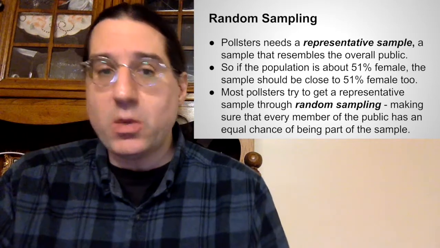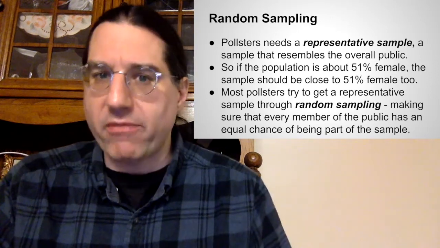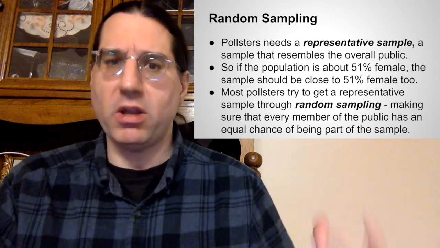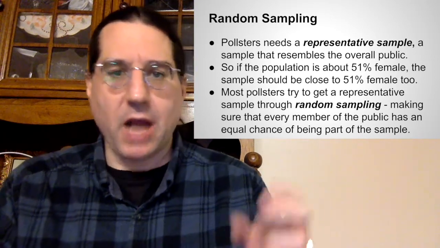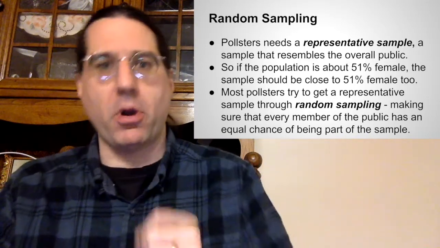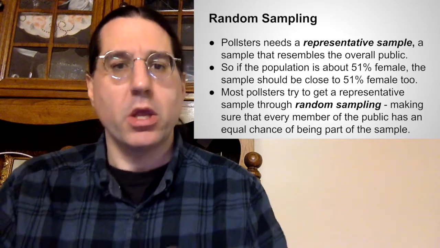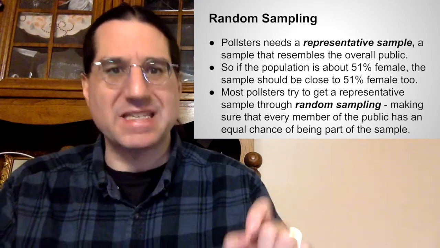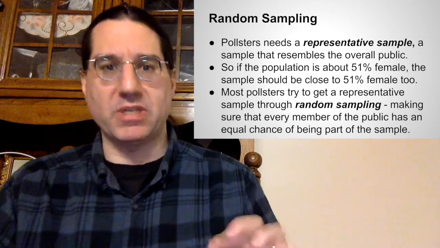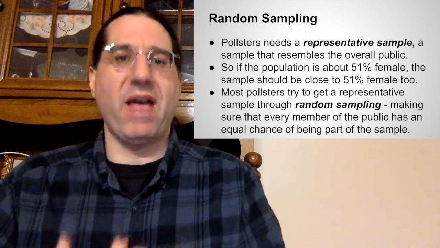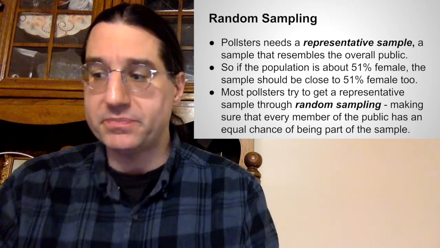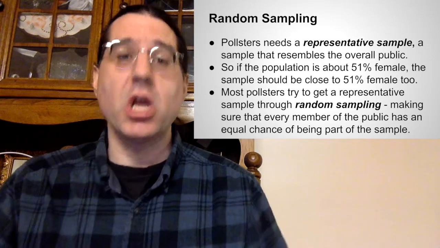If all you did with that pie was take a little bit of the crust and taste that, you might say, oh, there's no fruit at all in this, because you haven't gotten a representative sample. You haven't taken a bite that has all of the parts of the pie in it. Just taking that little bit of crust is not a representative sample. And you need to have a representative sample if you want to have confidence that your survey is a good one. So what this means is, generally speaking,